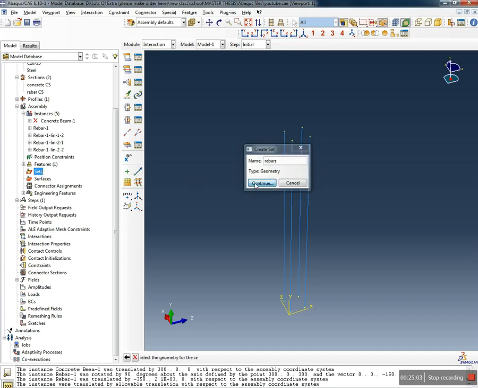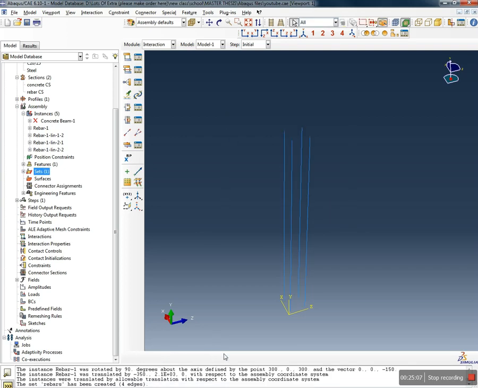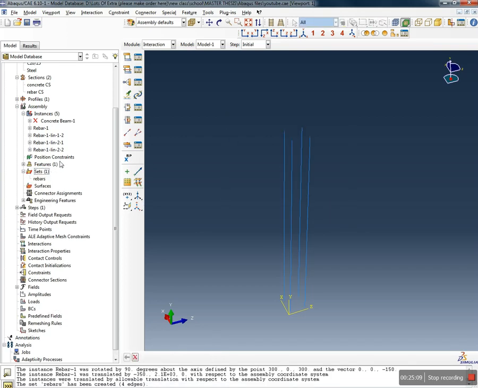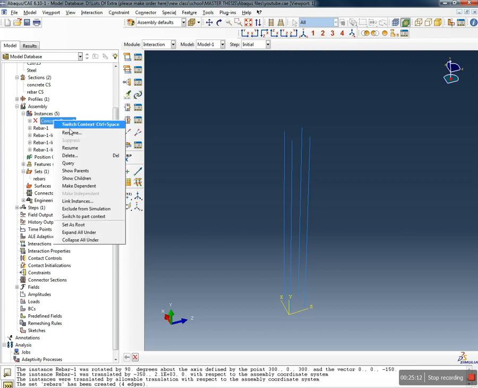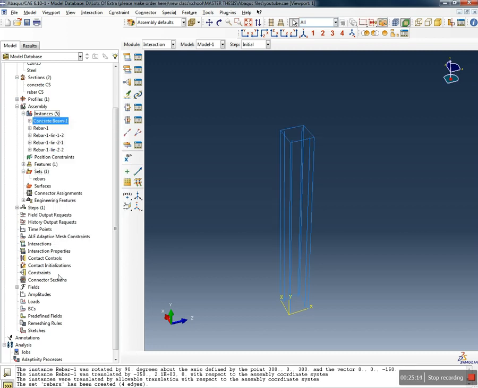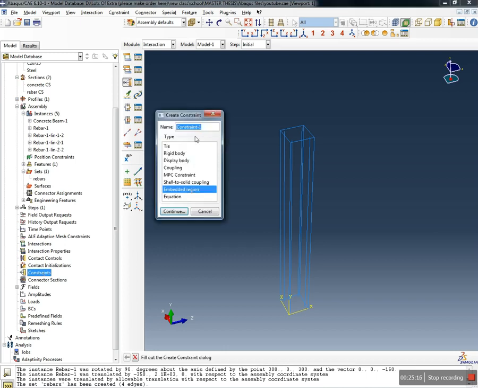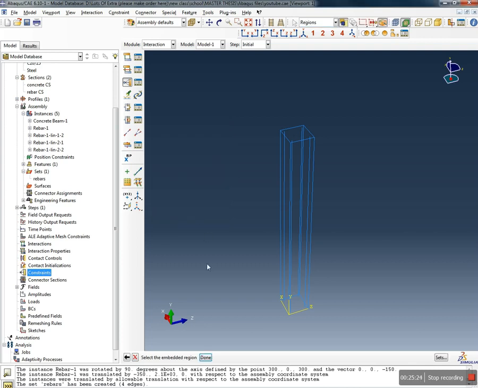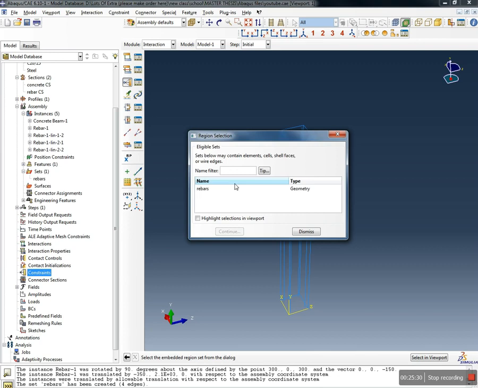We continue, we select everything, done, and we have our set. And now we can just resume this, go to constraints, embedded rebars, we continue, select the embedded region, and the embedded region is sets, and it's rebars,